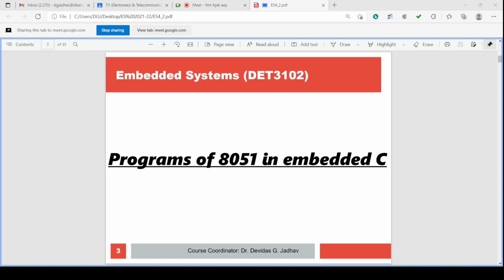English-like words are used in the embedded C program, and in embedded C we can write the program just like in the C language.